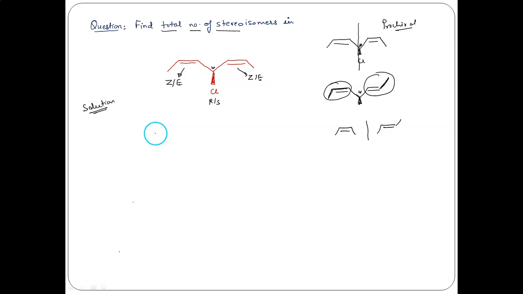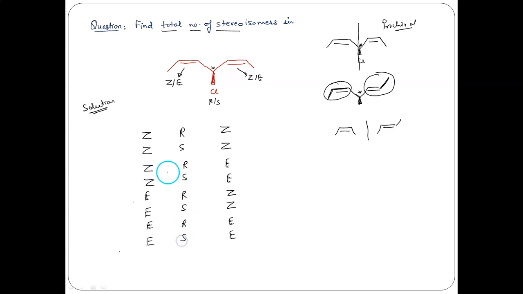So clearly, let us write the mathematical possibilities. So we have Z, Z, Z, Z. Now this is a very systematic way to write down all the possibilities. Just like we draw the truth table with true, false, we apply the same concept so that we don't have to think about the possibilities and we don't miss any. And the central would be R, S, R, S, R, S and R, S, right? So these are the 8 theoretical possibilities. But that is a mathematical possibility. Now we have to apply the IUPAC rule over it.